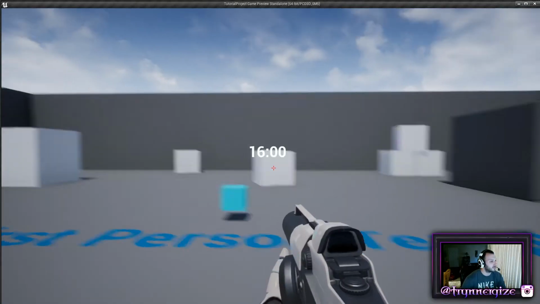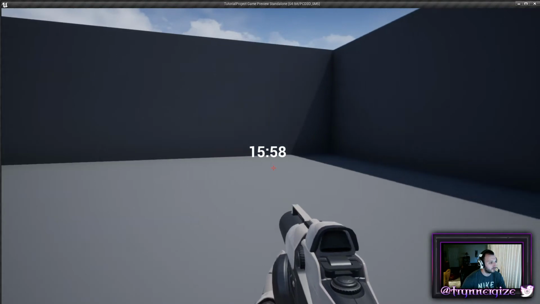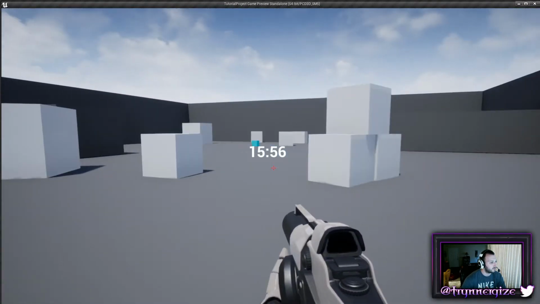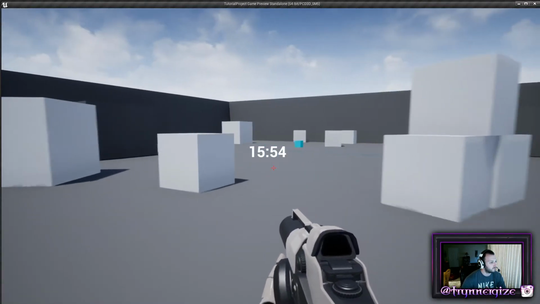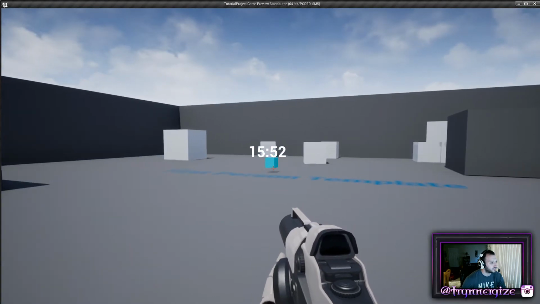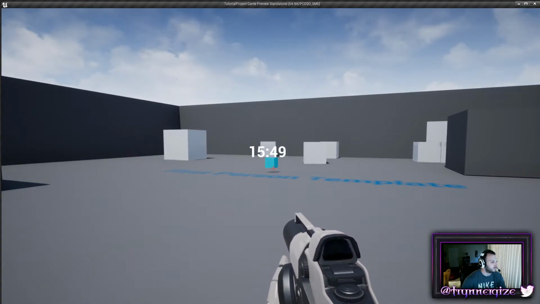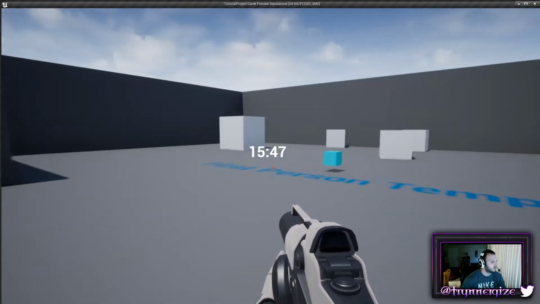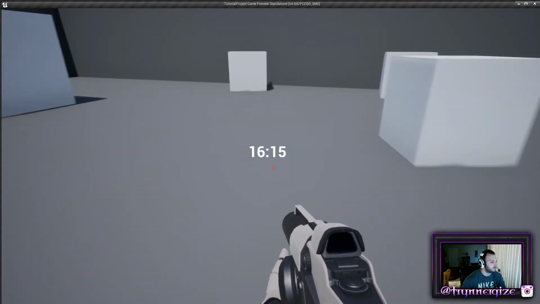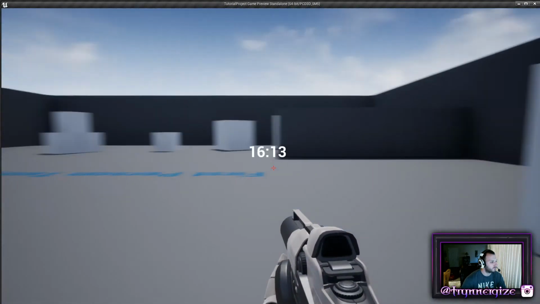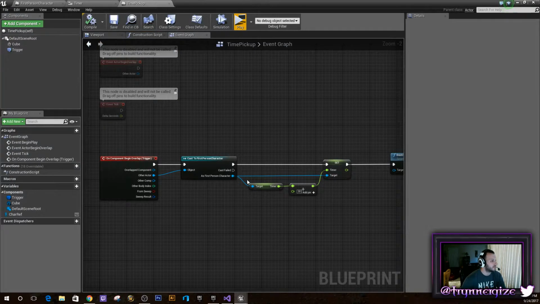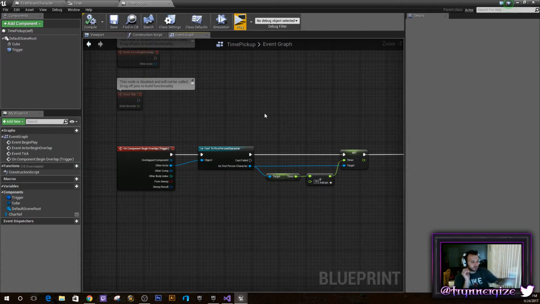But okay, so now let's just say we're in like the Destiny game. You know, you're doing stuff. You have your timer, and there's one of the objects that you want to pick up that is going to increase your time. Then you can go and actually pick it up, and you gain 30 seconds to your timer. It can be as easy as doing a projectile where you shoot the thing, and instead of it being on this time pickup,